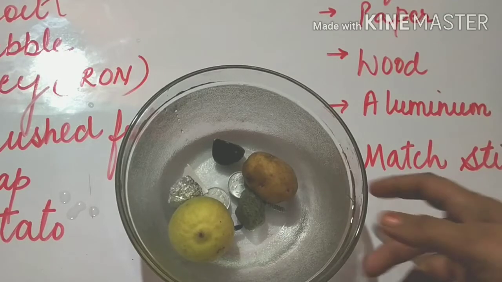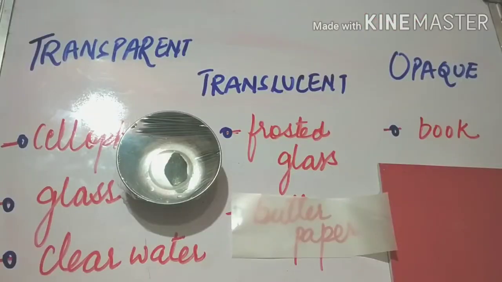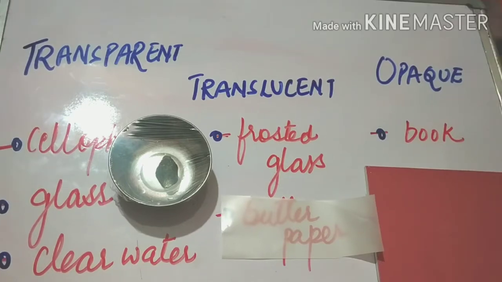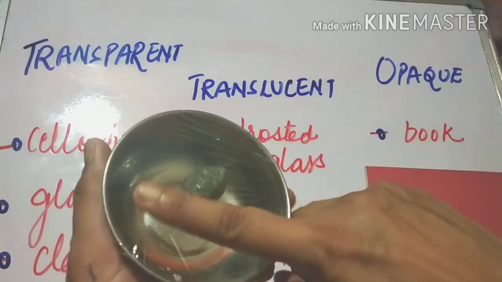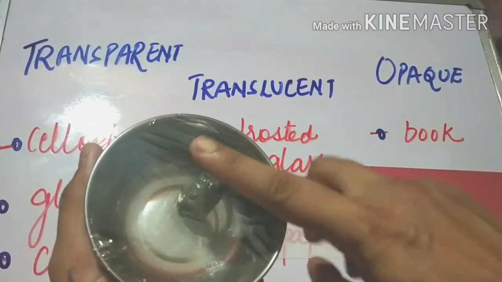Okay, so I hope you understood the topic. So now children, after seeing sinking and floating, the next one is the property of materials, that is transparent, translucent and opaque. In front of you, children, I have given some examples which are transparent, translucent and opaque. Let's see one by one. So first of all, check this one: I have kept a small pebble and on the top I have put a cellophane.